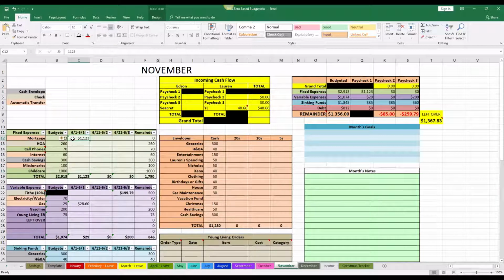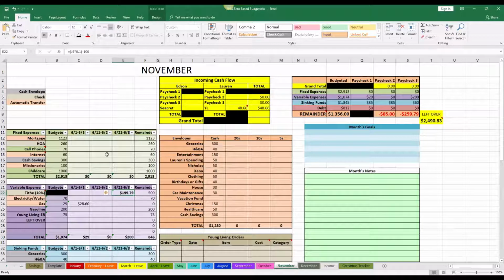Okay. If something is in bold, like this one here, it has not actually been spent yet. So that money has not been taken out, but it is expected to be taken out. Okay. So once I pay my tithe, I will unbold that so I know that I have actually written that check. So we are budgeting for 3 paychecks, so it's going to be a lot more than what we're used